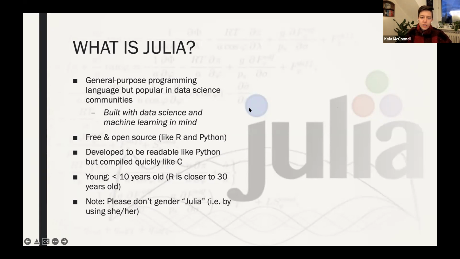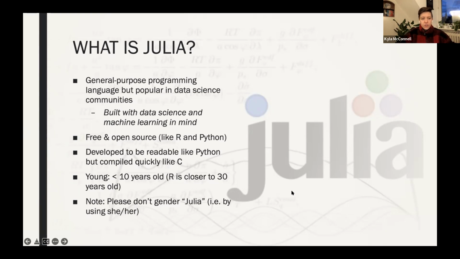But it's popular in the data science communities, and we saw from the group that there's a lot of interest in data analysis and academic analysis, or different types of data processing applications. This is perfect for Julia because Julia was built with data science and machine learning in mind. While it can do a lot of other things, it really has a strong basis in these topics.